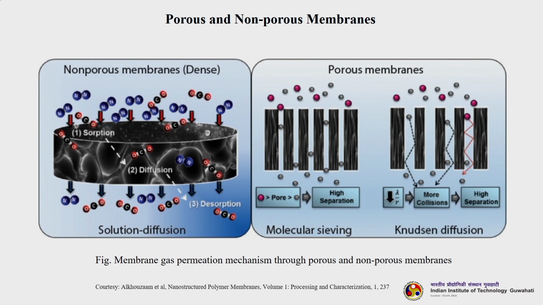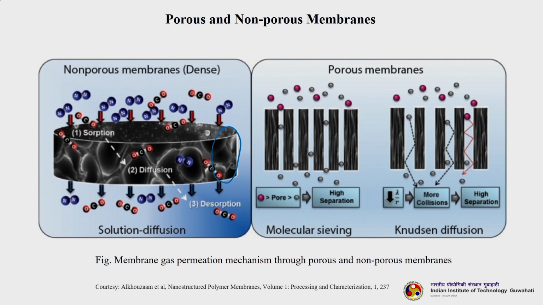Initially the solutes which are supposed to permeate through the membrane will come and sit on the surface of the membrane, and by virtue of their solubility they will solubilize inside the membrane matrix. So, this is the membrane matrix. Once they solubilize, then by virtue of their diffusivity they will travel across the membrane material and then dissolve out, or permeate out. So, here there are no pores, so solubility and diffusivity play an important role.